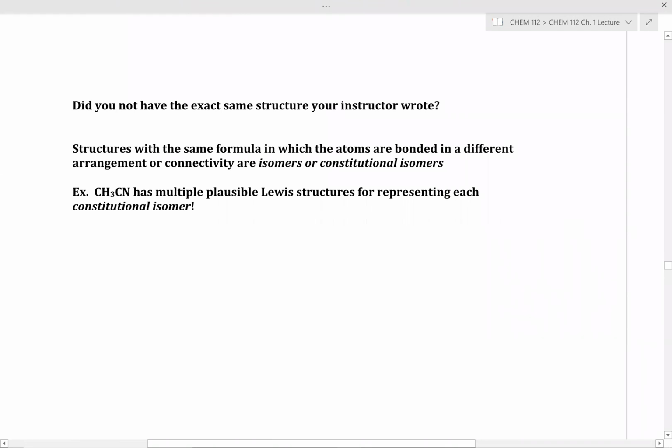One question that students often have with many of these examples: did you not have the exact same structure that your instructor wrote? That's normal. There are many valid structures you can draw for the same formula. And we call structures with the same formula, but with a different arrangement or connectivity of our bonded atoms, constitutional isomers. So, for example,